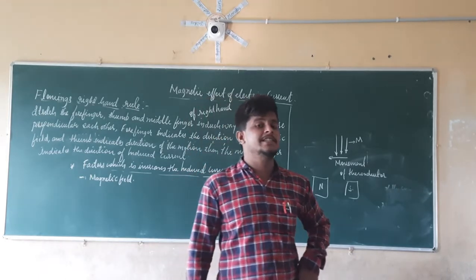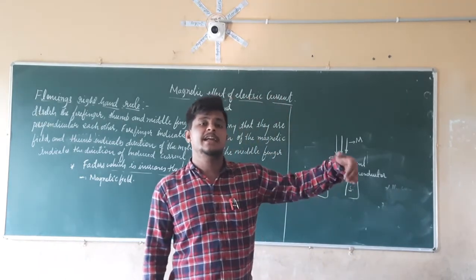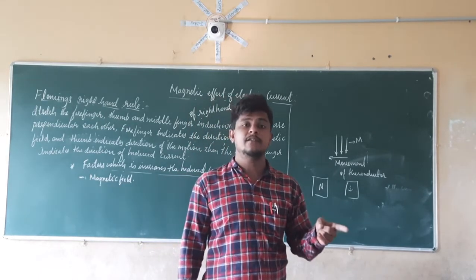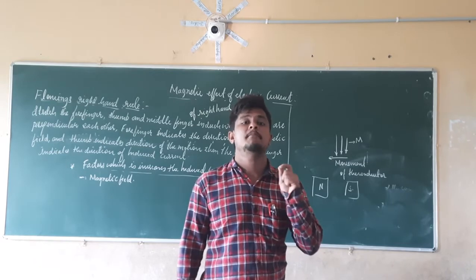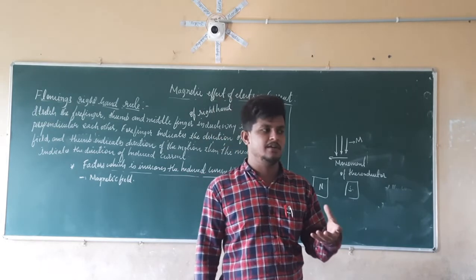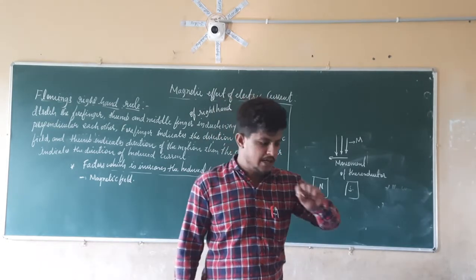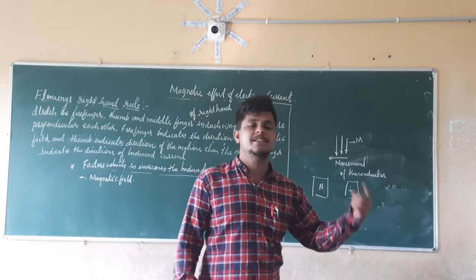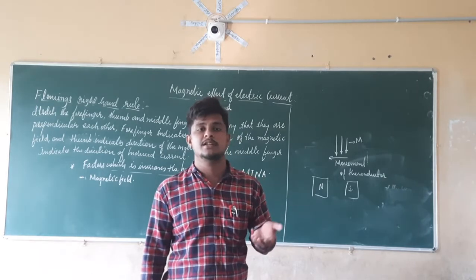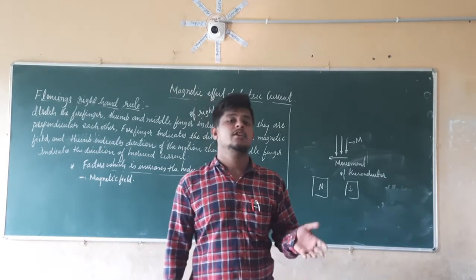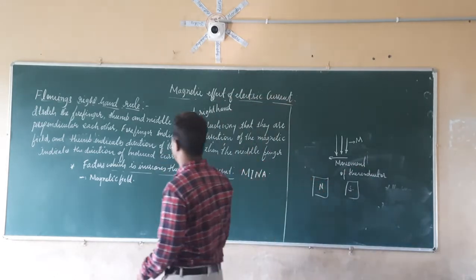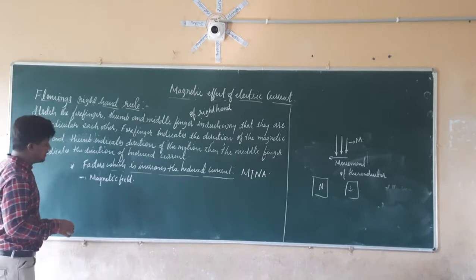Right. So how are we going to increase the magnetic field in that coil? The first thing: we increase the magnetic field by adding a magnetic material in that coil. For example, iron. If I put soft iron inside it, it is going to increase the magnetic field. If it is increasing the magnetic field, that means there will be more change in the magnetic field lines. Because of that, there is an increase in the induced current. So by increasing the magnetic field, we are going to increase the what? We are going to increase the induced current.